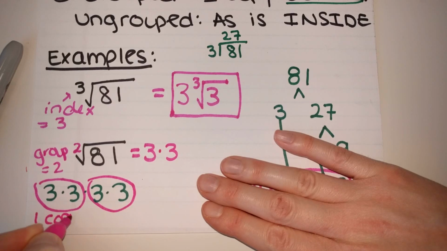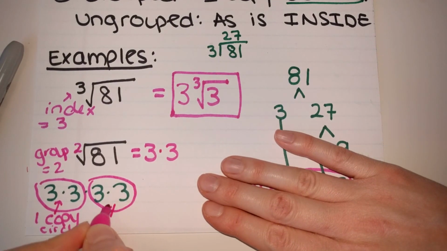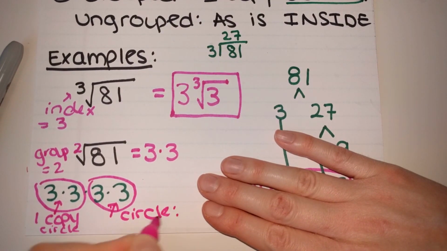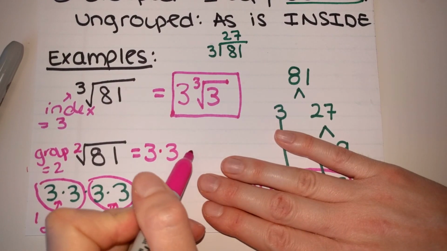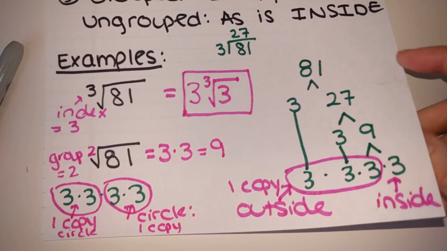So these circled numbers, I always think about the circle means that you have a copy of it. So I have one copy from here, and then I circle these. So that means I have one copy from here. So then I just take 3 times 3, and I get that my square root is equal to 9. Now, let's